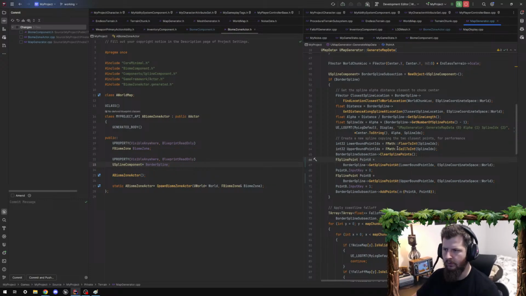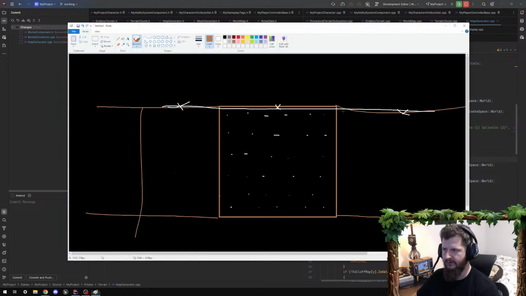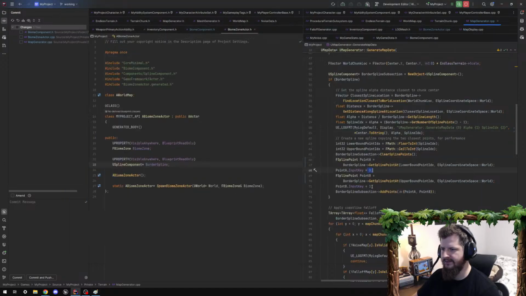So I just do it once. I say what's the closest to the center of this chord, and it'll go up here. It'll be like this one right here. I'm like, cool, give me the next. Give me the next. What do I do? Like 0, 1